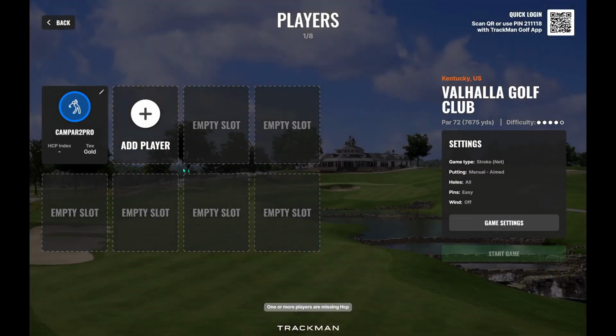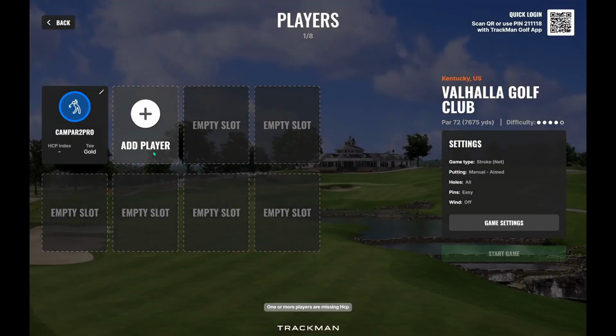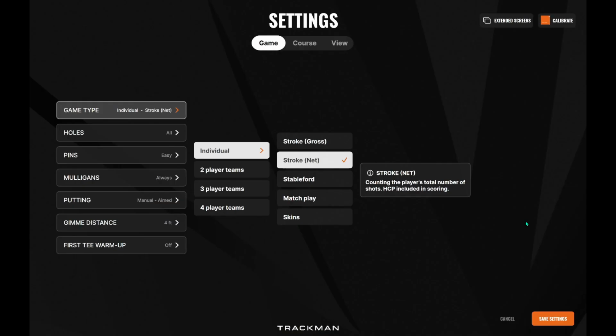So you can see I've logged in here, and then let's go into game settings. So a lot of cool settings here that you're going to be able to load up. By default, it goes onto your net. So another really great thing with the Trackman IO is that it keeps your handicap. And once you log in, you can see I haven't played any full rounds on here quite yet, but it'll assign a handicap. So right in that handicap index, it'll keep track of your handicap,